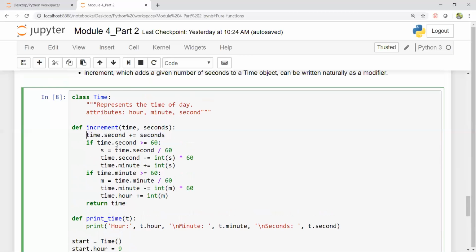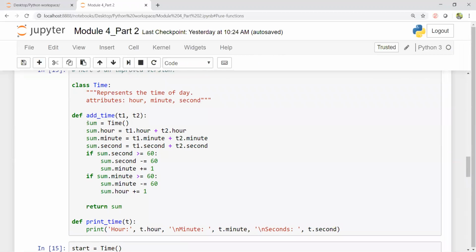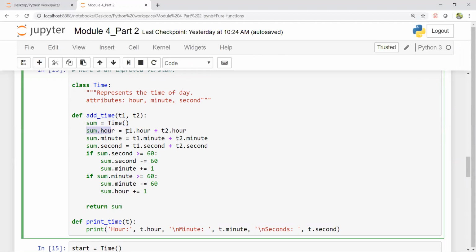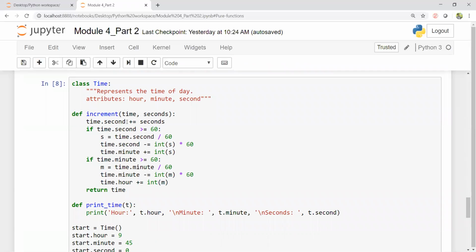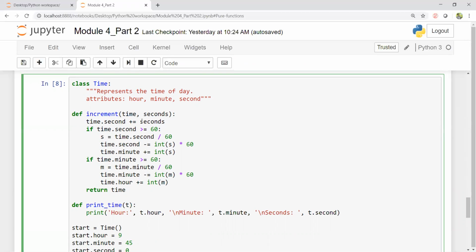Remember, I'm not creating an instance of sum is equal to time and then sum.hour is equal to T1 plus T2. So this is not done here. I'm just trying directly to update time.second, which is an object attribute, directly with so many seconds, that is 7,000. So here as per this condition, yes, this is exceeding 60 because it is 7,000. So 7,000 divided by 60, you'll get some decimal value. So that 7,000 divided by 60 is reduced from time.second and again multiplied by 60 just in order to get the